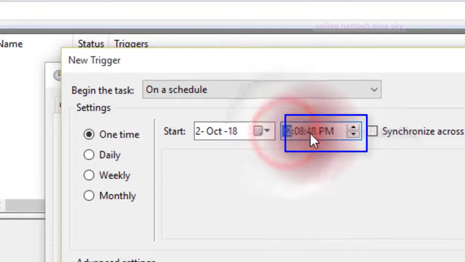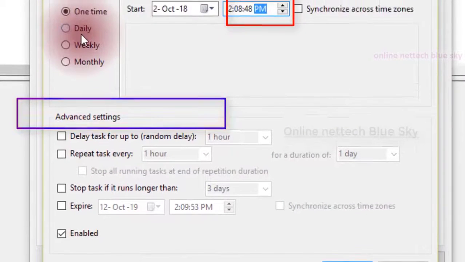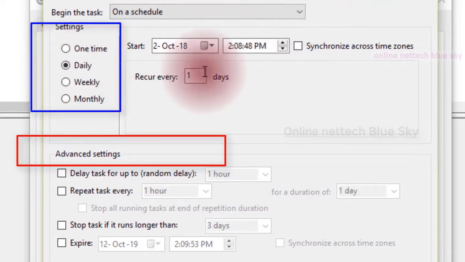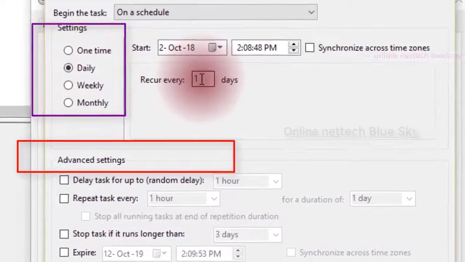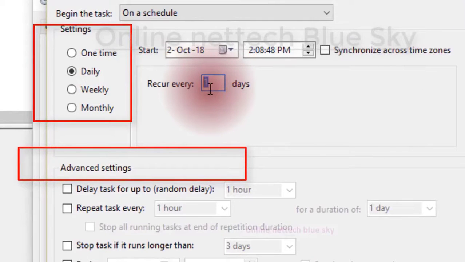I'm not specifying a starting time or ending time. If you want advanced settings, you can see different settings and options available here. Click on daily, and every 1 day, 2 days, 5 days. You can see here 1 week, 7 days.